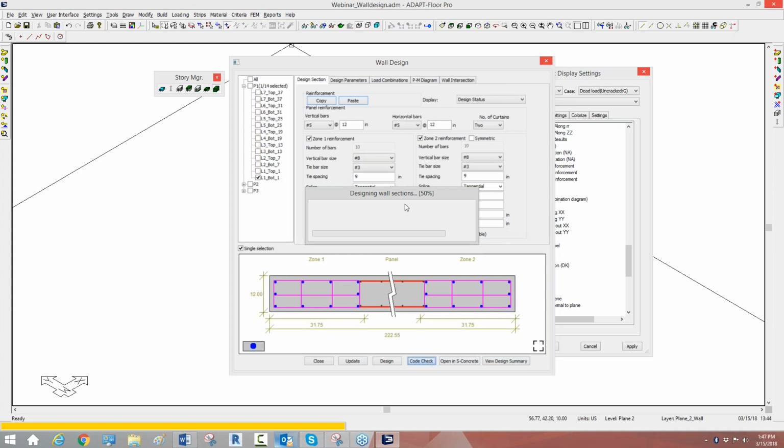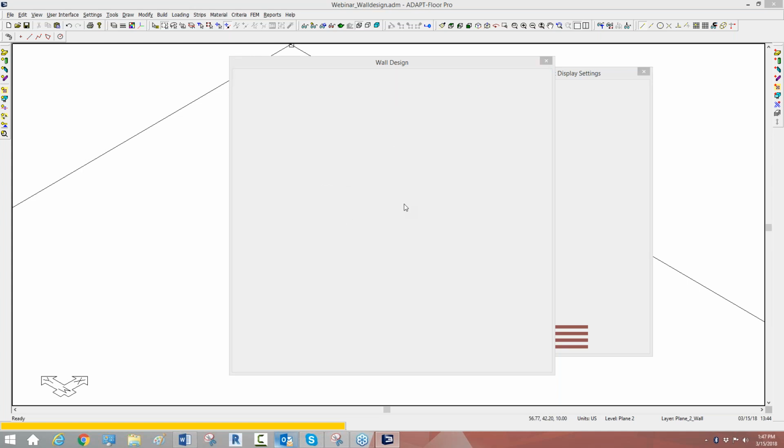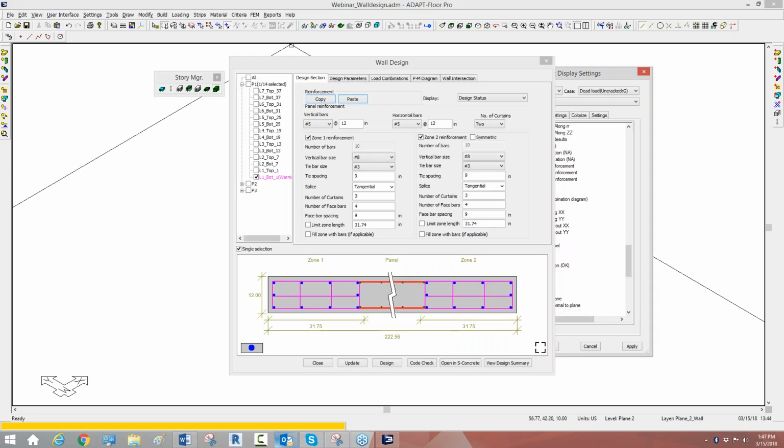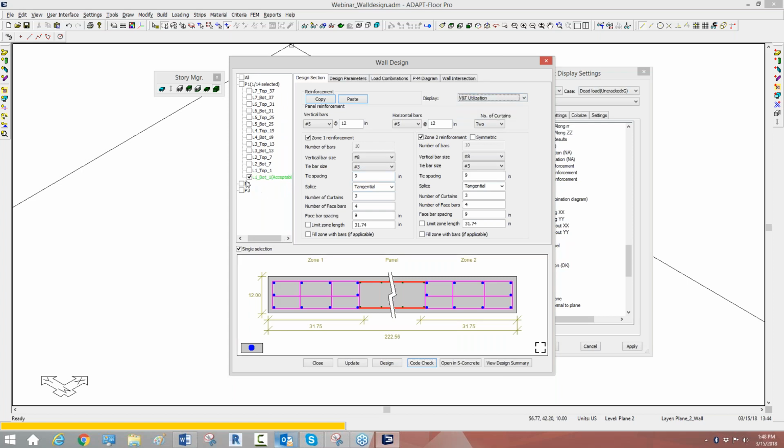And remember this, because I've selected S Concrete as my design tool, we need S Concrete as a licensed product on the machine. And you can see once that has finished, the program will update the status. There's a warning associated with this section. If I wanted to, I could also show the shear torsion utilization and axial moment utilization as a status check. So I look at this and I say, okay, I wonder what the warning is for. That kind of signals to the user we need to check that out. I can immediately go to the design summary,